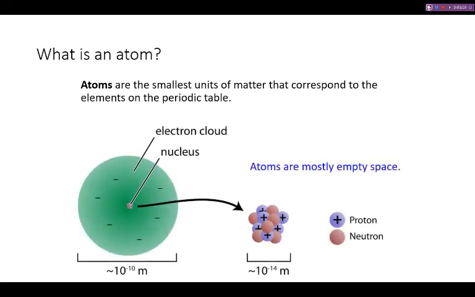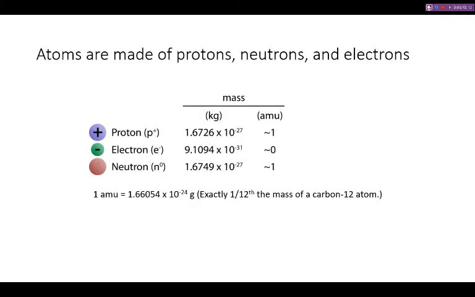And an atom consists of multiple parts. If you break down an atom, you get its nucleus, which is in the center, and the electron cloud, which surrounds the nucleus. And within the electron cloud, you have one or multiple electrons. Within the nucleus, you have protons and neutrons. And what we see here is, if you look at the difference in scales, that atoms are mostly empty space. Again, within the atoms, you have protons, electrons, and neutrons, and each of them has a different mass, and they